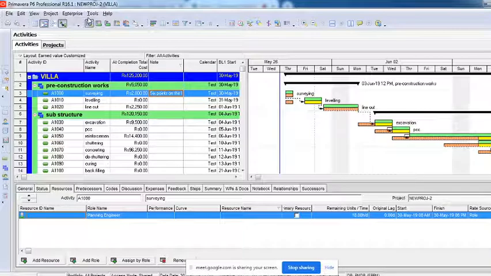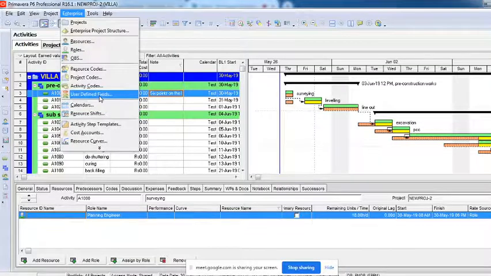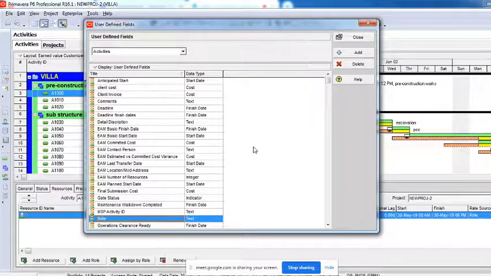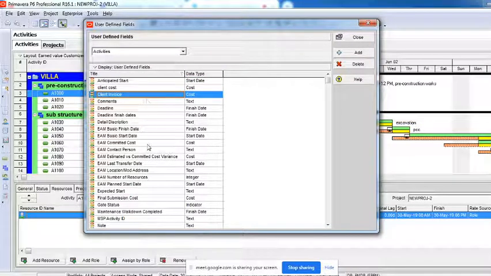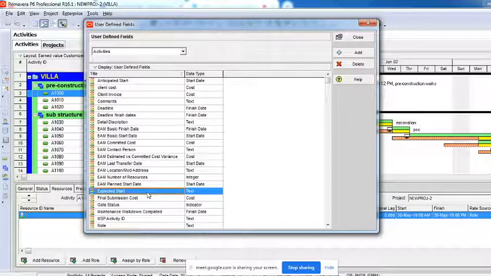Now let me show you something else. I'll add a column here. I've created it as expected start, and this is going to be a start date.